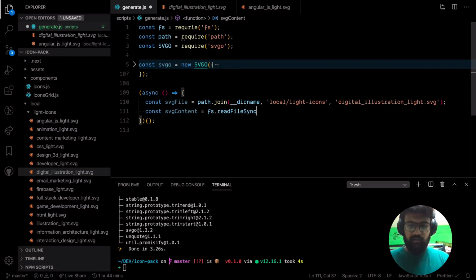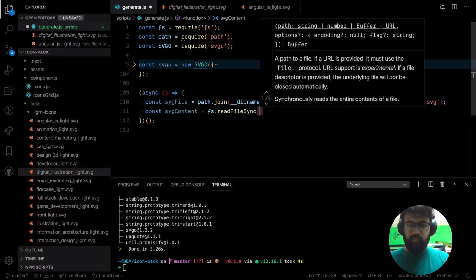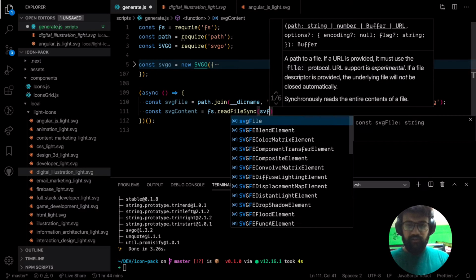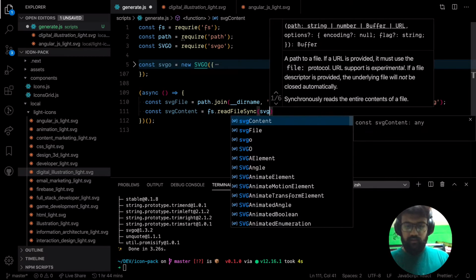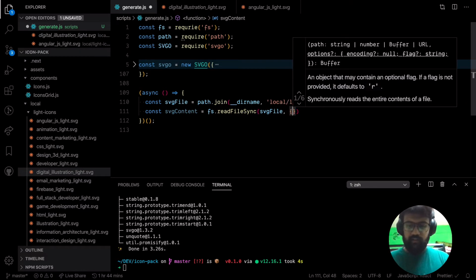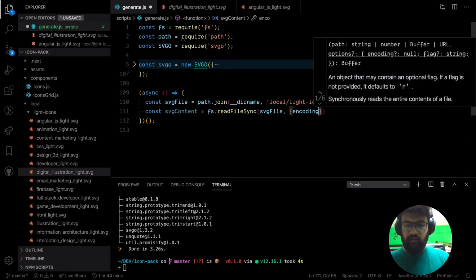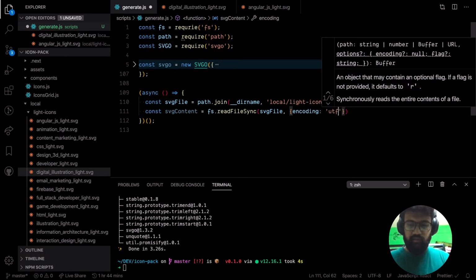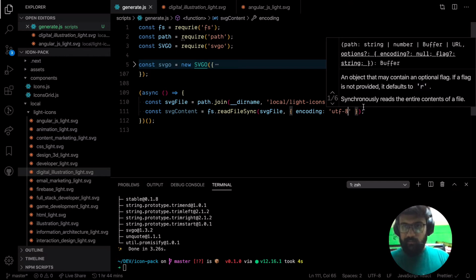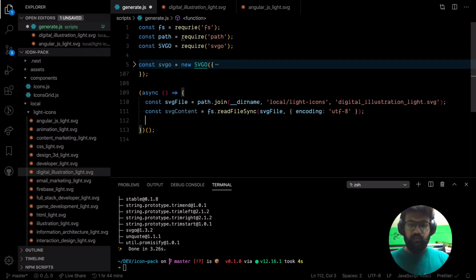Why isn't that coming up? Okay. So path is the SVG file path, and I think while reading you need to give the encoding option UTF-8. Okay, and then